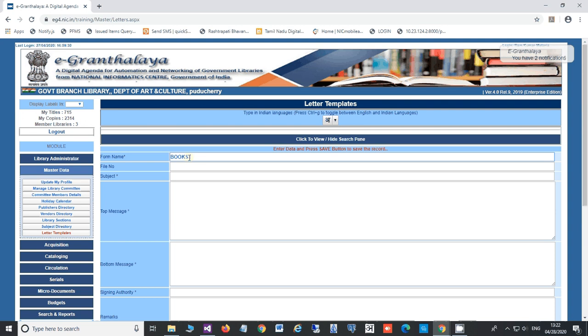For example, we'll create one book purchasing form. So name of the form, file number, if you wish to give any specific file number, this is optional basically, and subject, whatever you want to write.